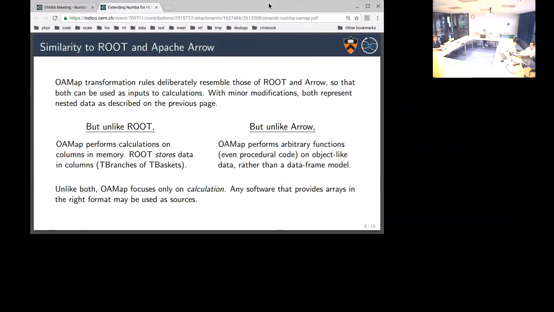And also unlike both, which are focused on storing data either on disk or in memory, OAMAP's focus is on calculation. So really any software that provides arrays in the right format or on the fly converts them to the right format can be used as sources.